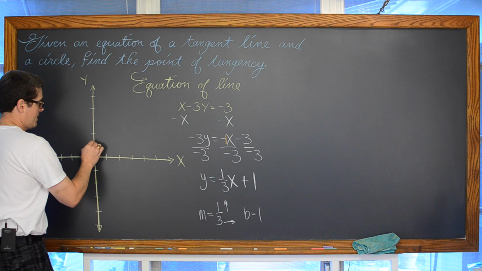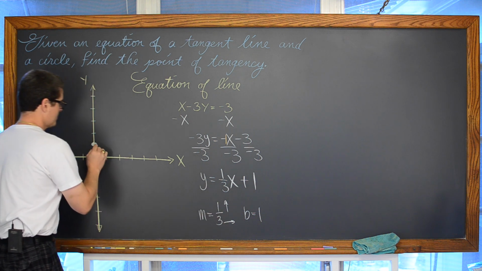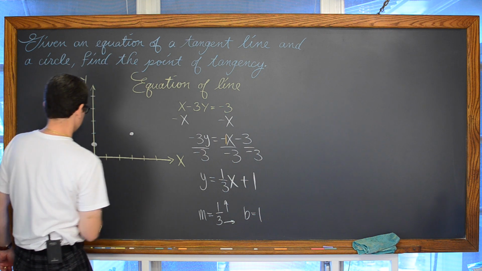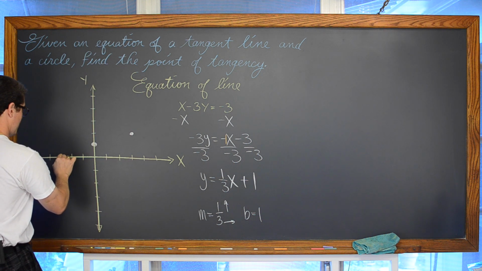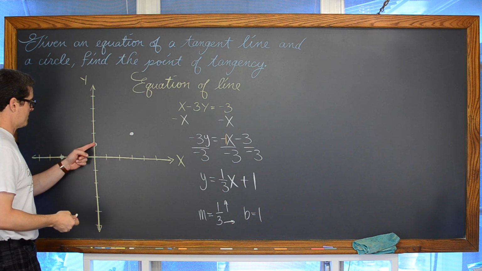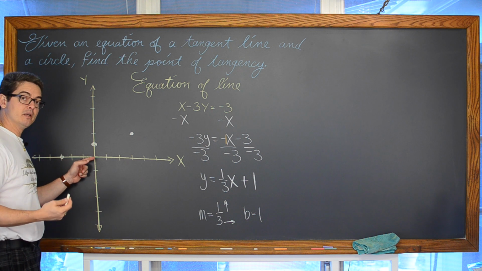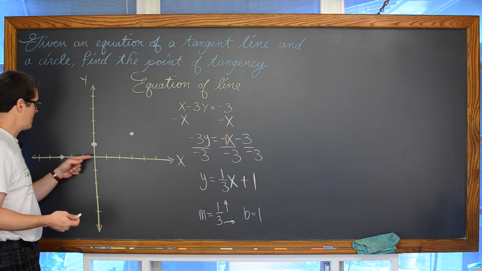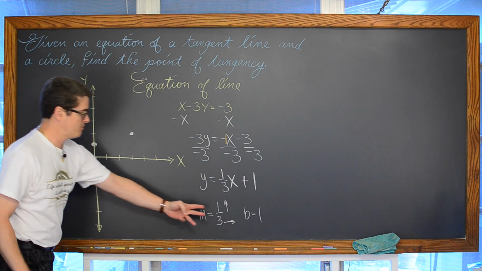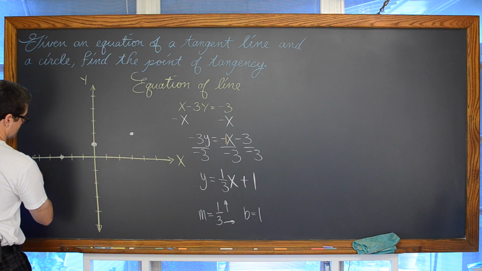So we're going to go up to the y-axis, put a dot on 1, and then we're going to go up 1 and over 3. This isn't really graph paper, so I'm kind of doing the best that I can. Just for purposes of trying to draw this by hand, I'm also going to go down 1 and 3 to the left. A down movement is a negative rise, and movement to the left is a negative run, and two negatives cancel out to make a positive like our slope is, and we have a line that looks something like this.